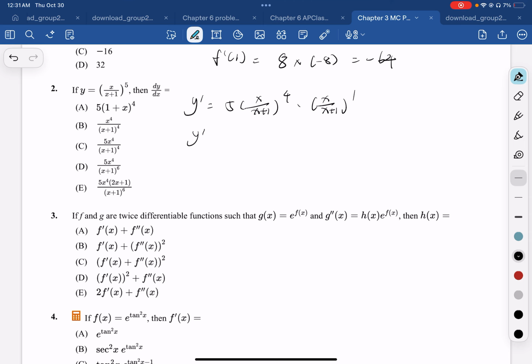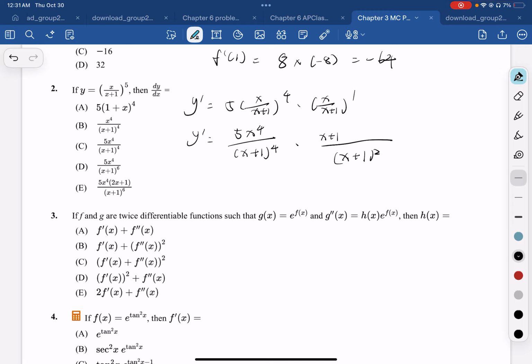And then we simplify the equation, which y prime equals 5 times x raised to 4 over x plus 1 raised to power of 4 times. This one we use the quotient rule. What we got is x plus 1 squared,